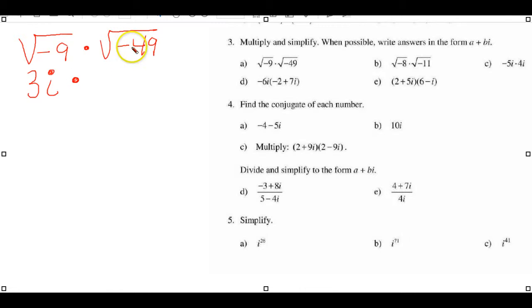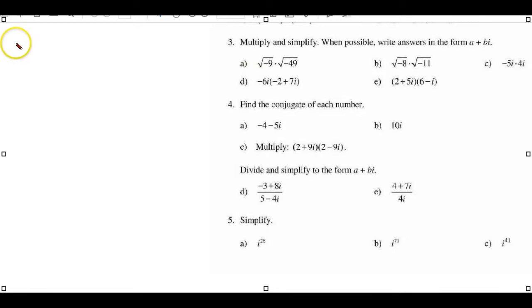Here, the same. Square root of negative 1 is an i. Square root of 49 is 7. So we now go 3 times 7 is 21. i times i is i squared. And we know that i squared is a negative 1. So this becomes a negative 21 for letter A. Now going on to B,